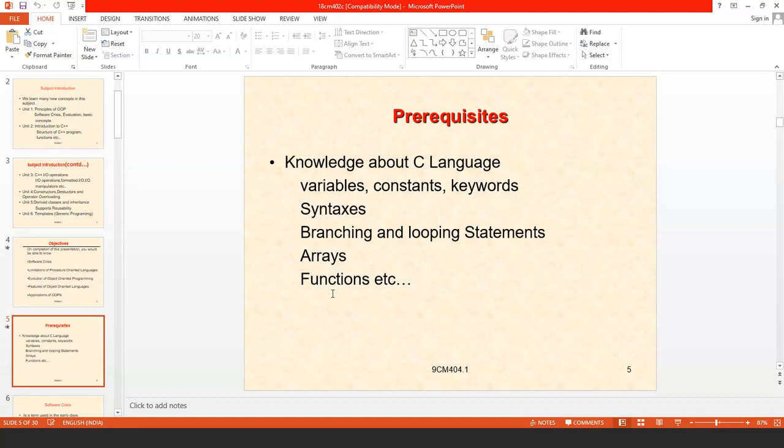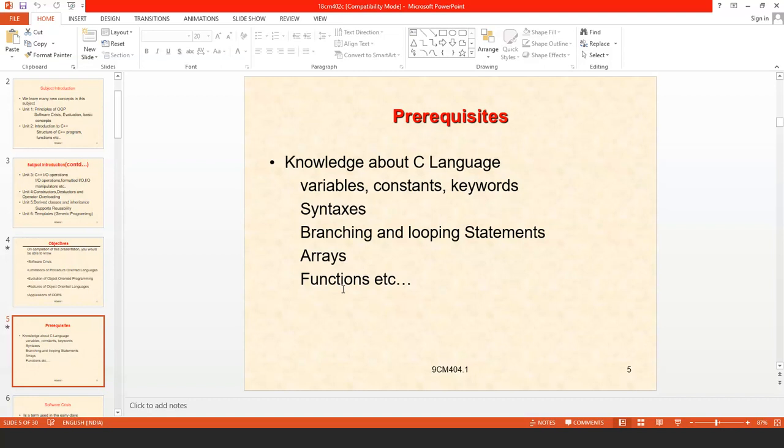And also the functions, what is meant by a function, what are the different categories of functions, how you can write the functions, what is the main concept of these functions, we learned in C language with programs. And here, when you are going to learn C++, you need to know all these things, better to know all these things prior.